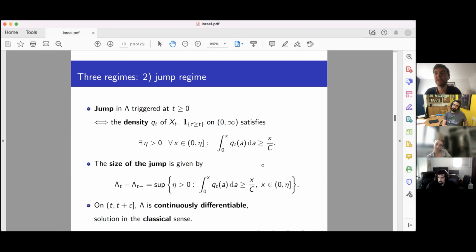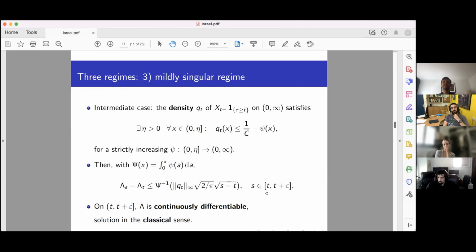The rigorous, sharp version of this condition is that you look at the CDF. Instead of looking at the temperature, you look at the integrated temperature. If the CDF has a slope bigger than 1/c, so if it goes above the line of slope 1/c next to the frontier, this is when you will see a jump. The jump will be exactly to the first intersection point of the CDF and the line with slope 1/c. So that's the other extreme.